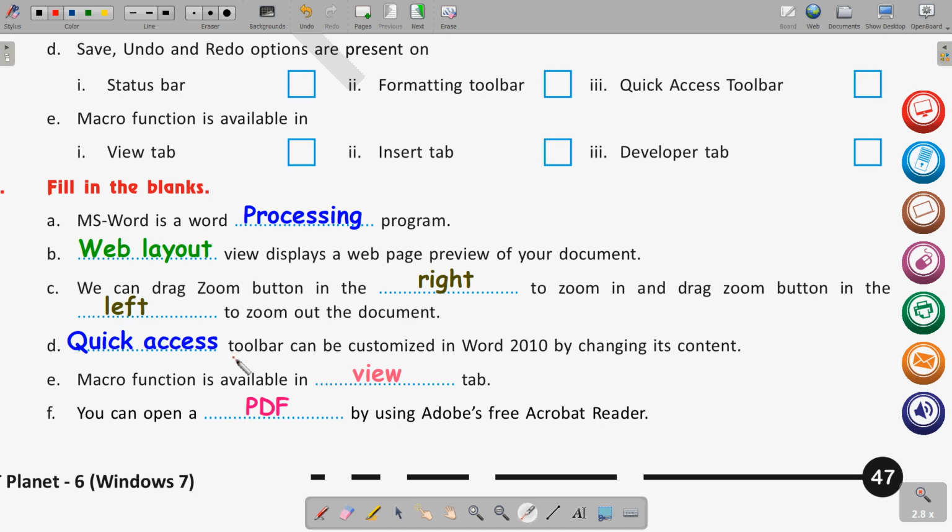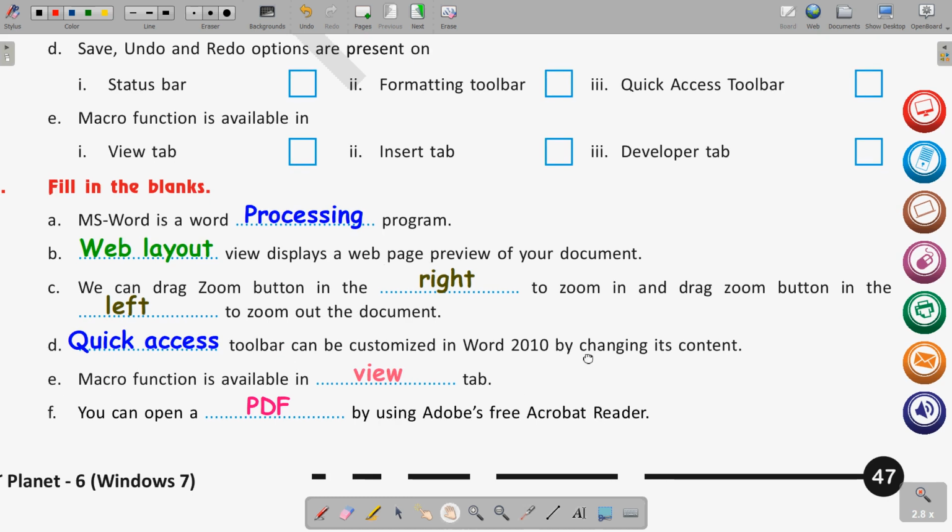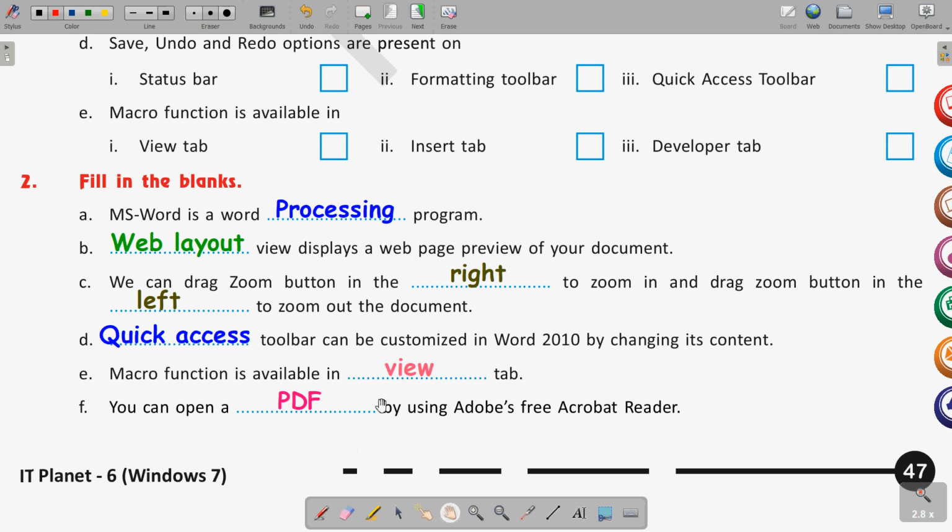Clear, so that can be customized. Customize means we can change, we can add few more buttons, we can remove few of these. So this is called customization. Then question number E. Which tab has the macro function available? So macro function is available in view tab.